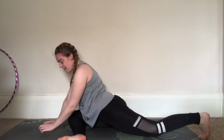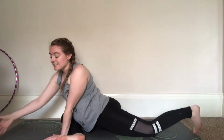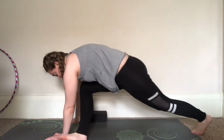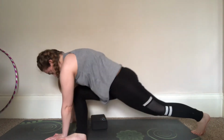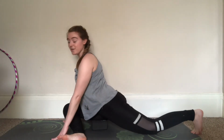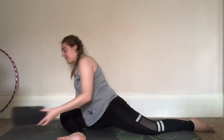And so there's a lot of things to play around with and see what works. The first thing I want to say is that if it feels uncomfortable having the whole body coming down to the mat like this, you can always take a block and sit it under this front hip. So placing it underneath so there's a little bit more support underneath you in this stretch. And then from there,